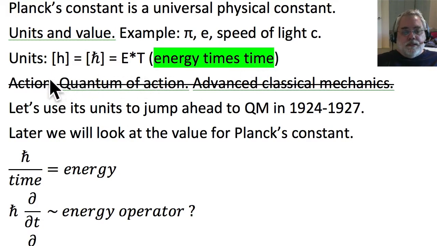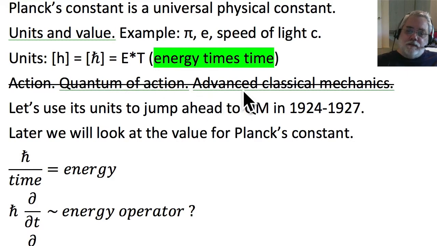Now, since Planck knew advanced classical mechanics and knew that energy times time is an action, Planck called Planck's constant the quantum of action. It's in his paper. Physicists understood what he was talking about. Some physics books, introductory quantum mechanics books, will call it the quantum of action. This is not helpful,